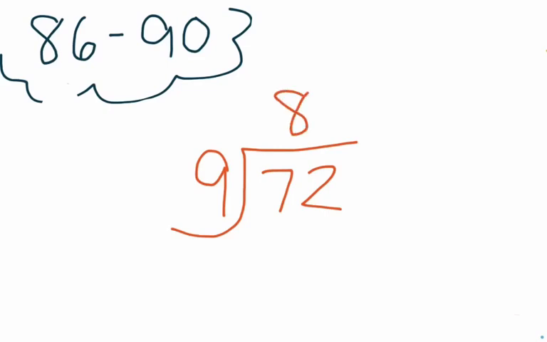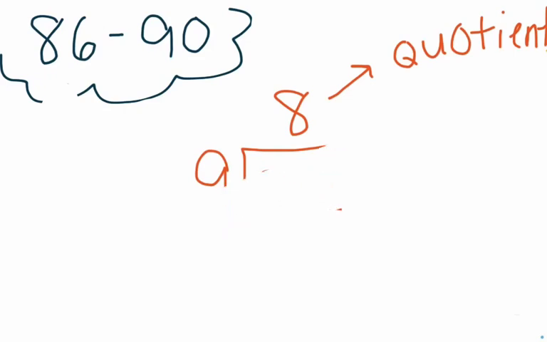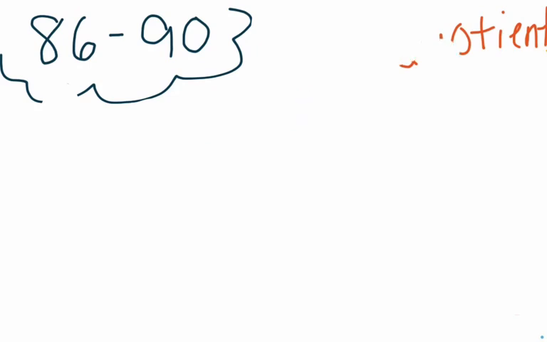Okay? Our quotient goes at the top. This is our quotient. That is the answer to any division question. And 72 is our dividend, and 9 is our divisor. Okay? You don't need to know those other ones yet, but it's just good to have in your mind. So let's do another way, and I'm going to use the traditional division way just so you can see that more often. Okay, let's do